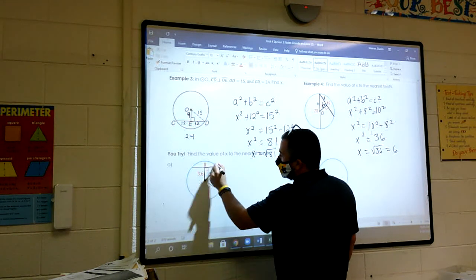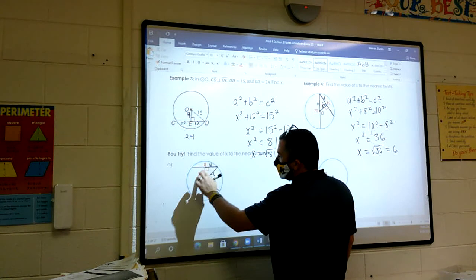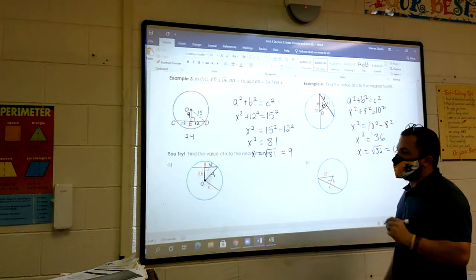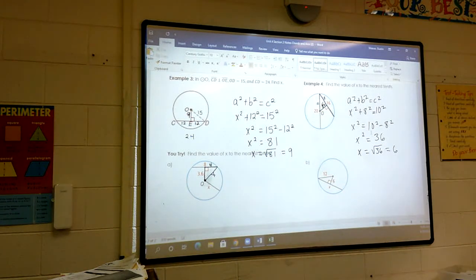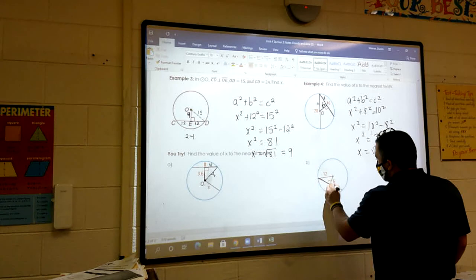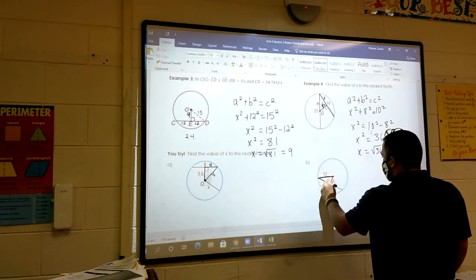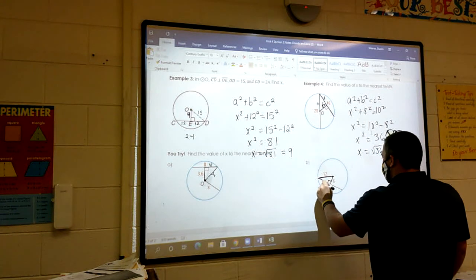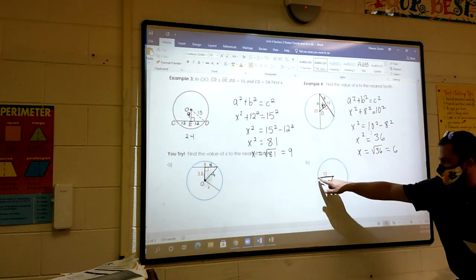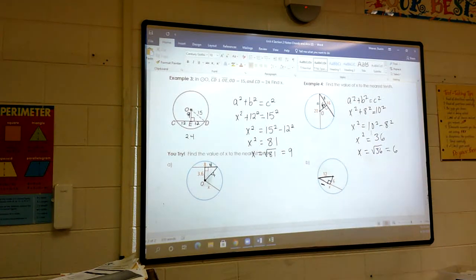4. So we have two sides of the triangle. We've got to solve for the hypotenuse. So we're going to do a squared plus b squared equals c squared. If you look here on this one, you have the hypotenuse is 12, and you have 6, and you're trying to solve for this part right here. But when you get that answer, you want to find what x is the whole way across. So you want to take that answer and multiply it by 2 after you get your answer